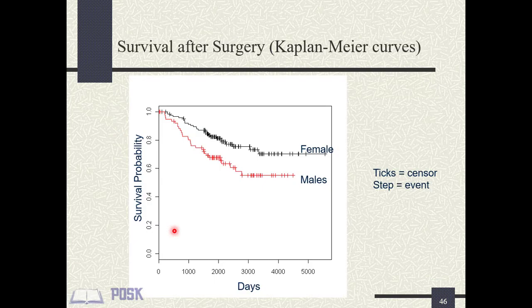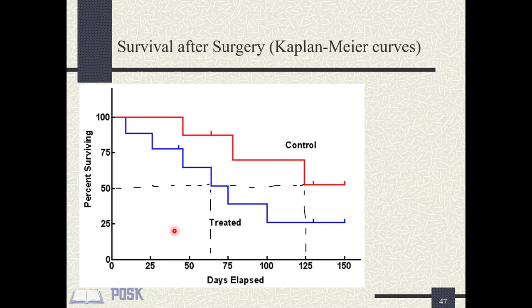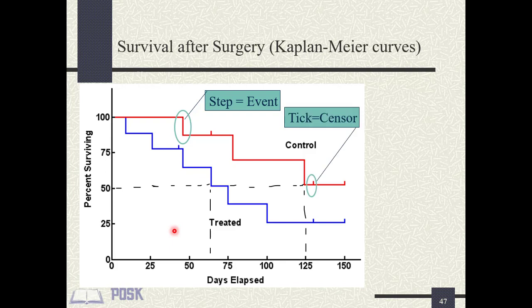This slide shows an example of Kaplan-Meier curves. The graph shows how you can use Kaplan-Meier curves to compare the survival of 2 groups. Here we are comparing the survival times of males and females who had cancer of the lung. On this slide, we have blown up the graph so we can look at the different parts of a typical survival curve. Events on survival curves are represented by steps, while censored cases are represented by ticks.